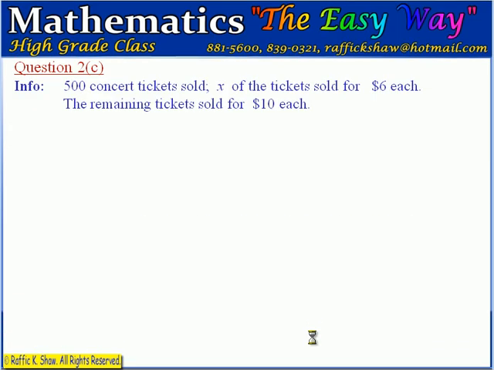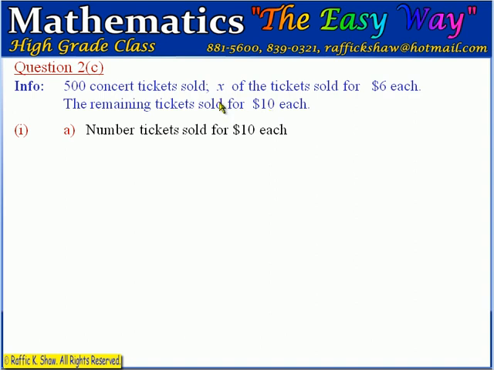Let's move down now to part c of question 2. Now part c tells us that 500 tickets are sold to a concert, and x of the 500 tickets are sold at $6 each, and the remaining of the 500 tickets are sold at $10 each. So of the 500 tickets, x of them are sold at $6 each, and the remainder are sold at $10 each. And the first question is asking us for the number of tickets sold at $10 each,